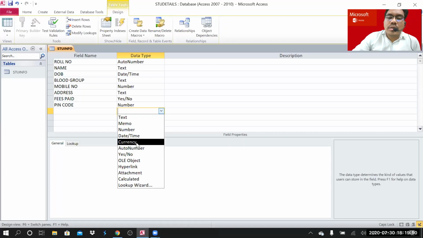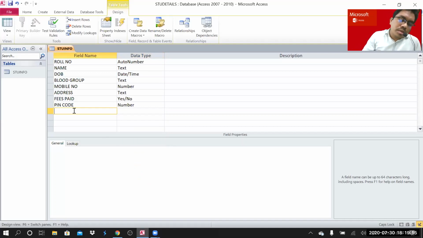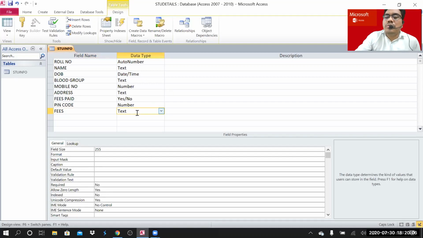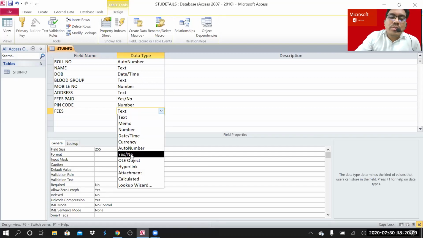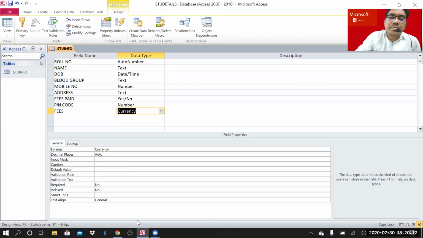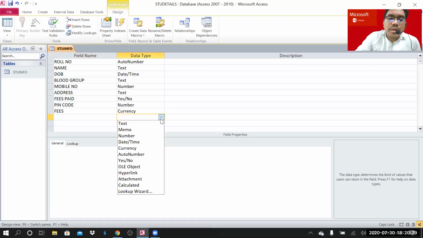Okay, currency. Currency is also very important. For example, you want to add one field as fees. Fees are generally written in currency format, no? Rupees 1000, rupees 10,000. So we have to set it here as currency. Okay, we have given the currency. So for fees I have given the data type as currency, and it will be showing up as currency in the field. Okay, after that we have another field named